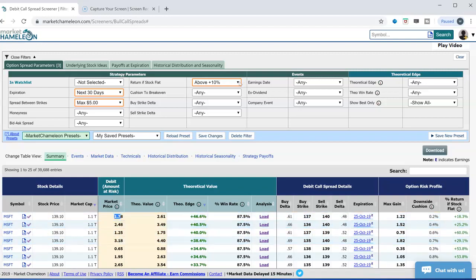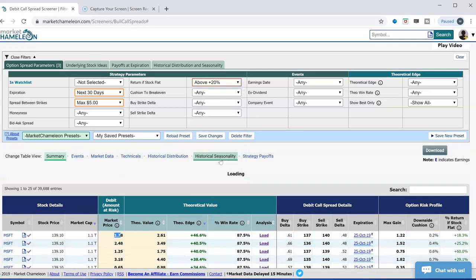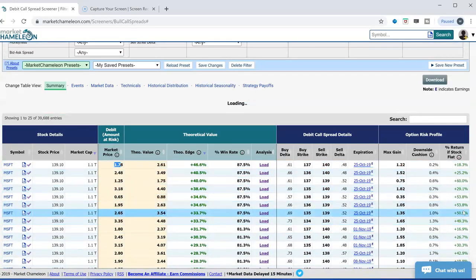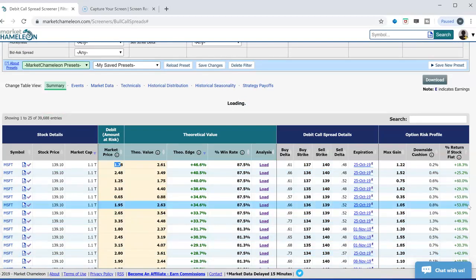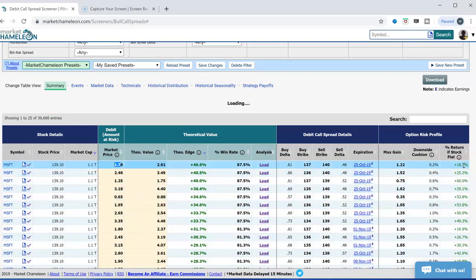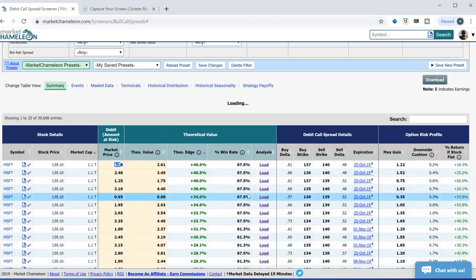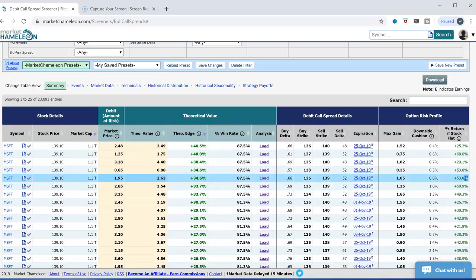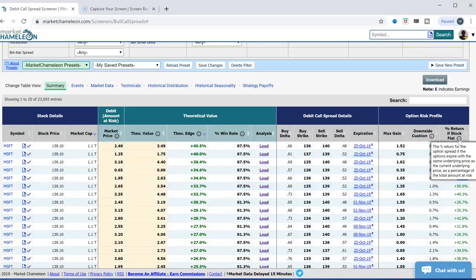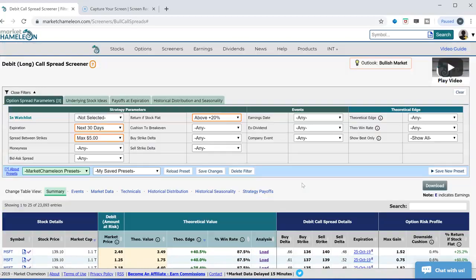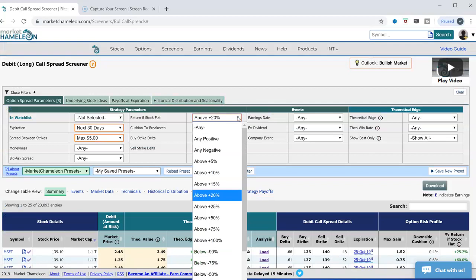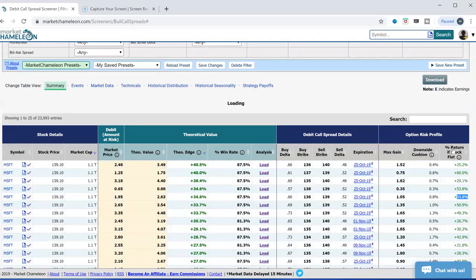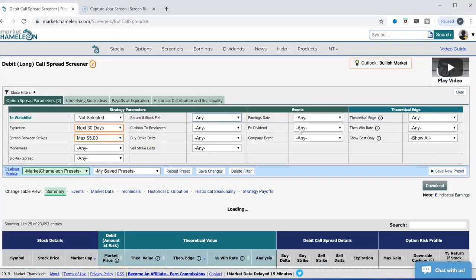So you could even make that higher if you want, 20%. And as you can see, even Microsoft alone has a bunch of different possibilities: 53%, 25%, and so on. So you want to have a filter that could potentially just show me the best ones by return if flat. I'm going to do this since we started with the percent return if flat. What we want to do first is